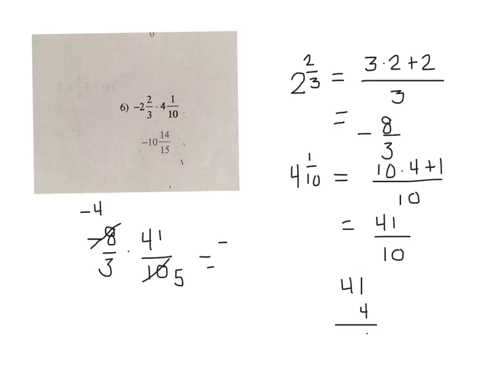4 times 1 is 4. 4 times 4 is 16. So I get -164 on top. And bottom times bottom, 15. Now you'll notice, though, that the answer that's given on this worksheet is as a mixed number. I don't know how picky your teacher is going to be about this, but you can leave that as